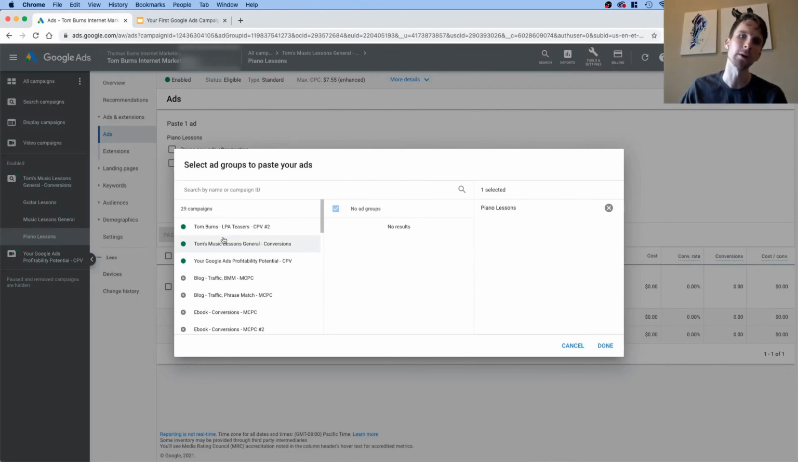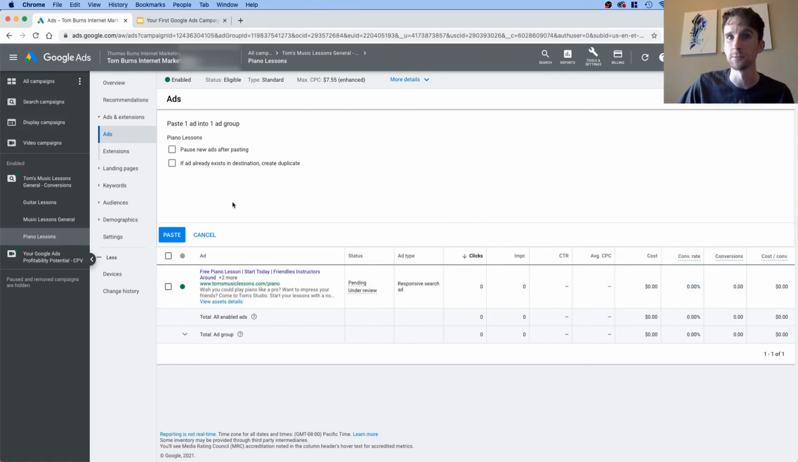And it's going to ask you, okay, which campaign do you want to paste that into? Obviously, I want to paste it back into the same ad group in the same campaign under piano lessons. Yep, done. And this is really important because it won't work if you don't do this. Click on if ad already exists in destination, create duplicate. If you don't click that and you click paste, it's not going to paste it because it just considers it a duplicate, which at first it is a duplicate,